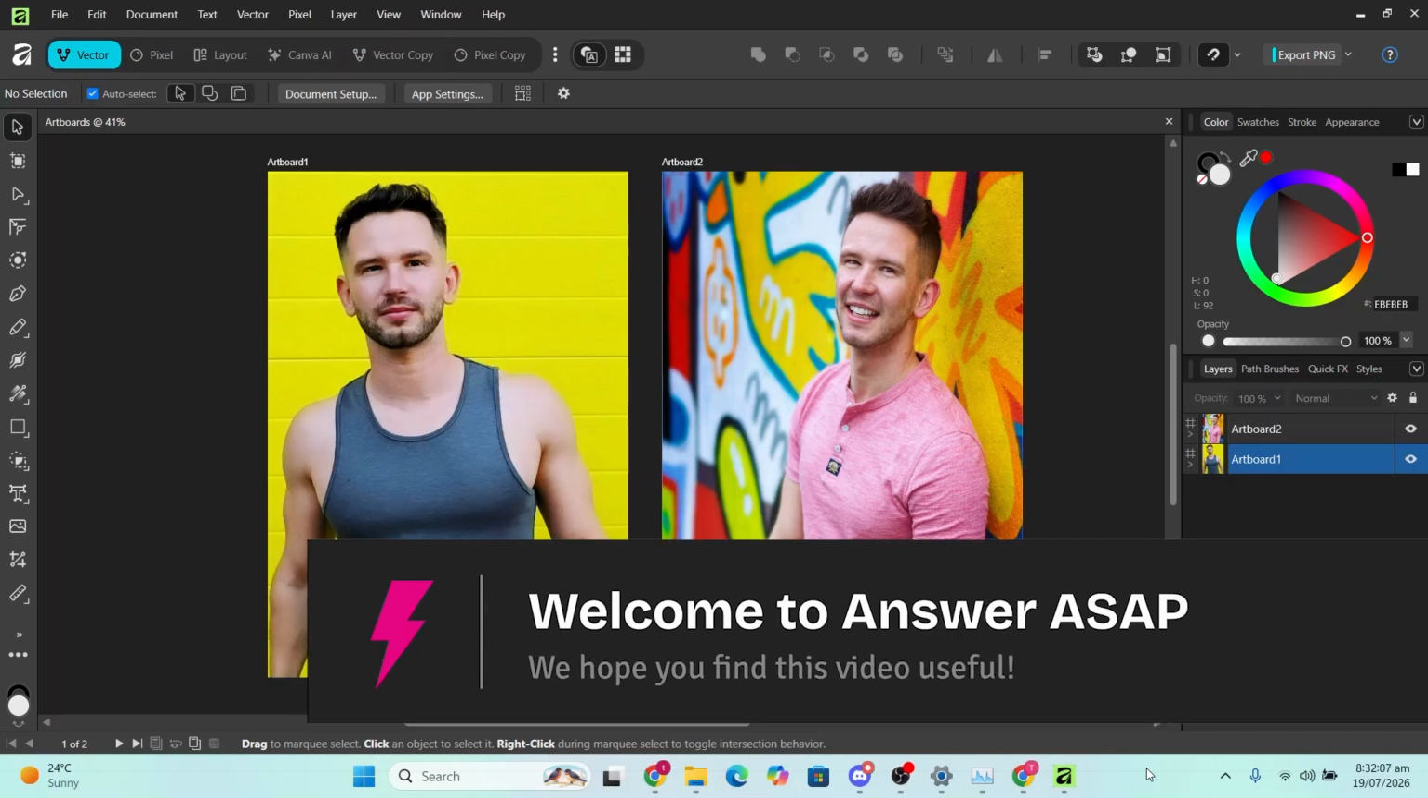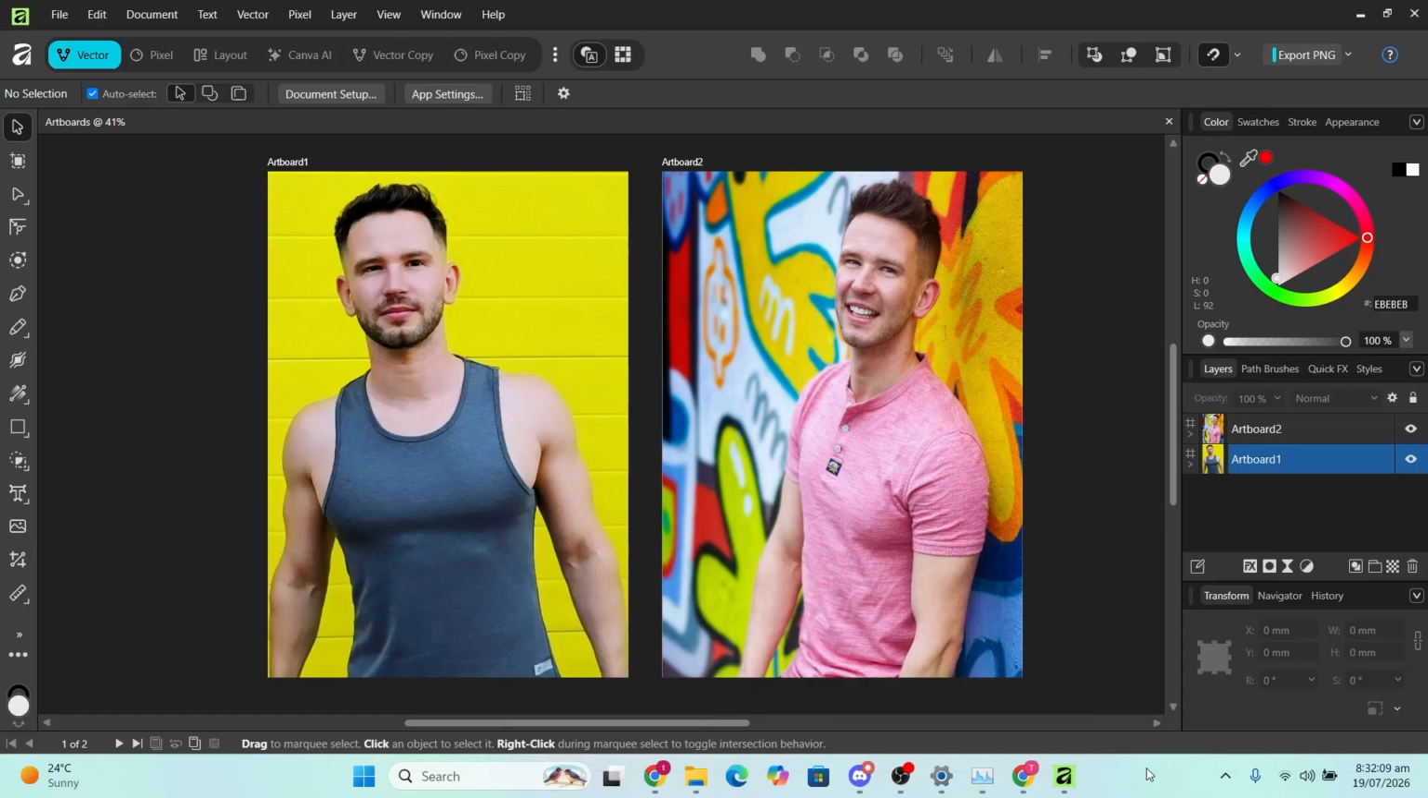Hey guys, in this video I'm going to show you how to export multiple artboards at once in Affinity Studio. Now to do this, the first thing I want you to do is go ahead and open up Affinity Studio